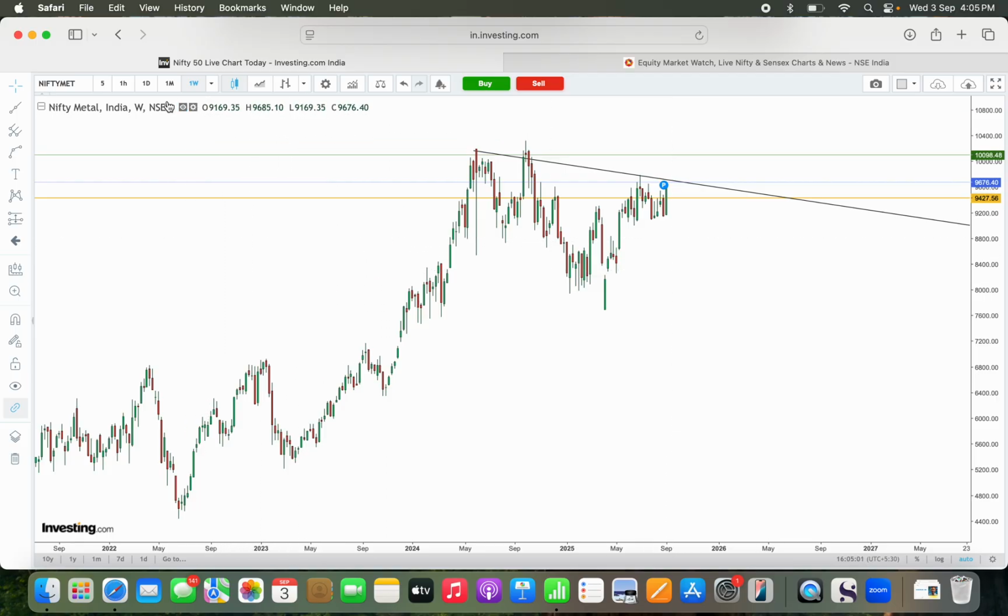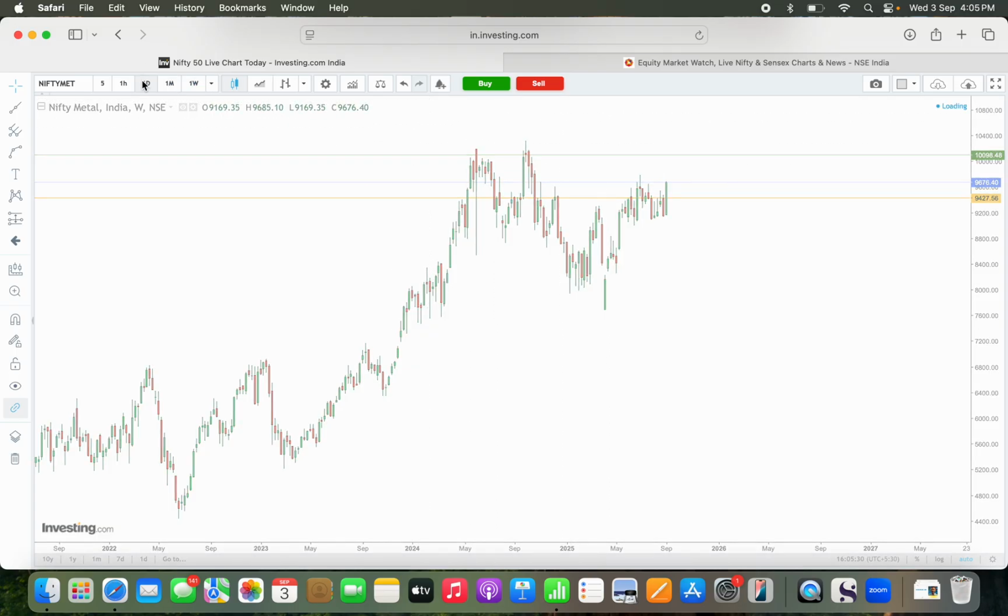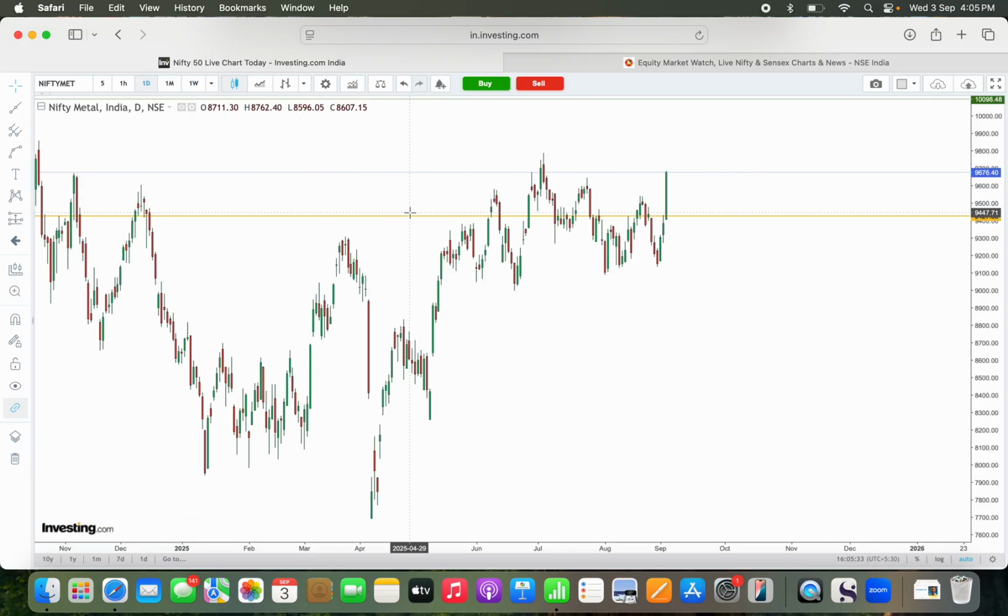So yes, with this hopefully we have learned a few things, that we are seeing multiple indexes form an inverted head and shoulder pattern, or some kind of a bullish reversal pattern on the weekly. That's largely got to do with the fact that multiple indexes are structurally bullish and they have been corrected since the last 1 year. So we are seeing close to 30 to 50 candles in which the price has not gone anywhere, and now that we connect the highs and the lows, we tend to see a pattern on some time frame or the other,